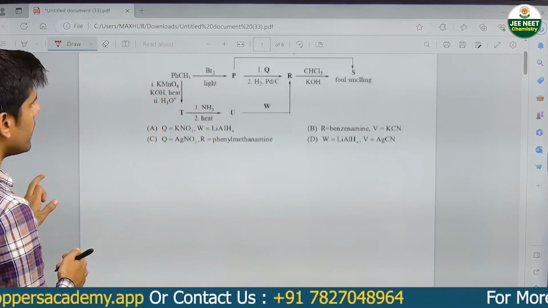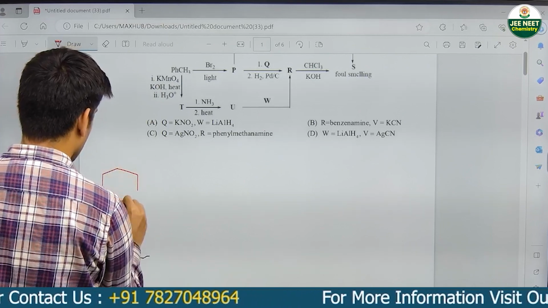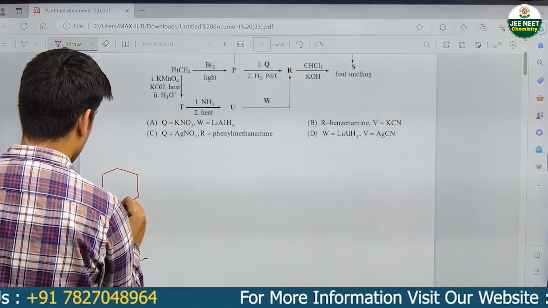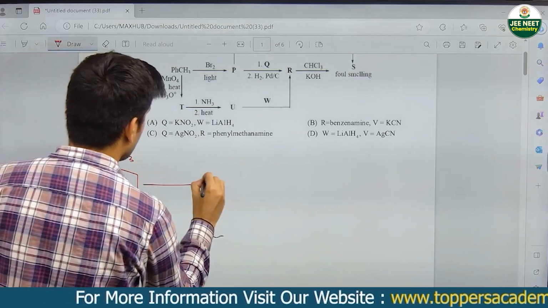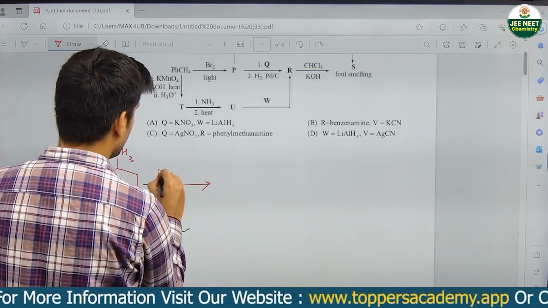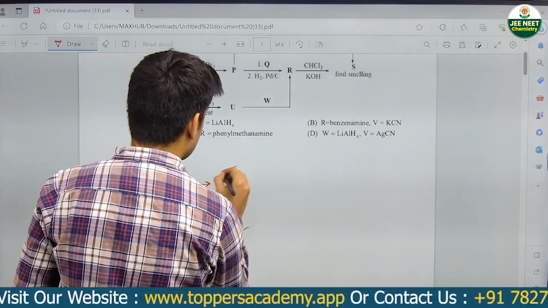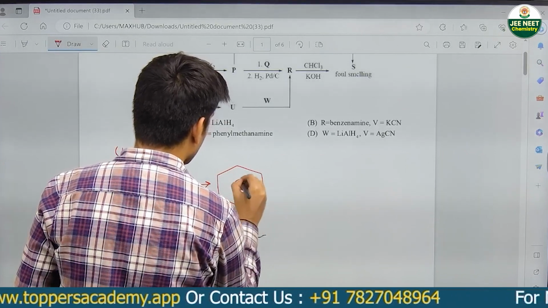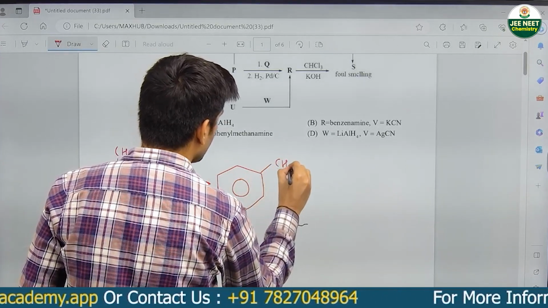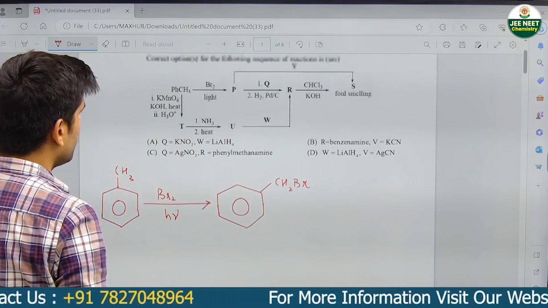So we start with the toluene. And the first reagent is bromination in the presence of light. We know it is for the benzylic substitution or the allylic substitution. What do I get as CH2Br? Yes. In the next step,